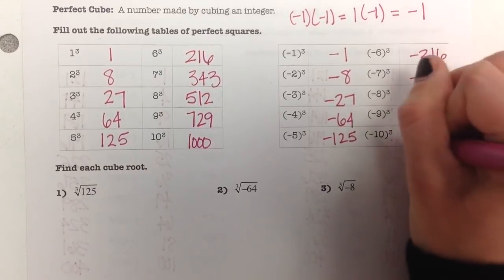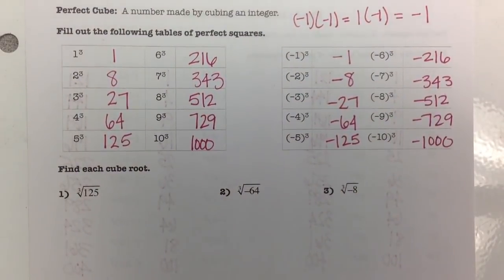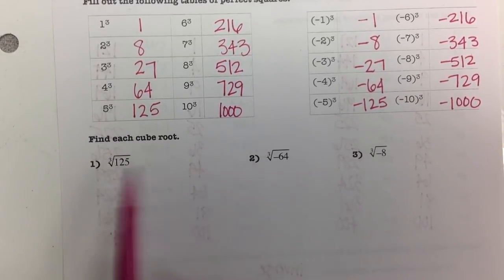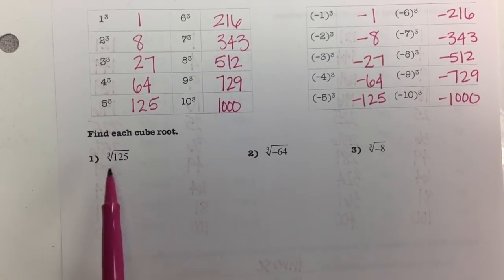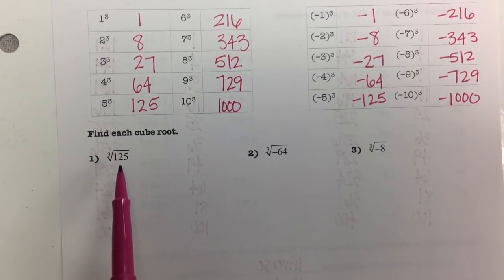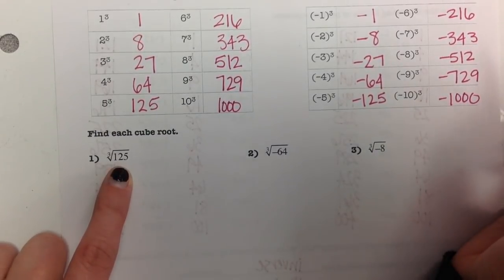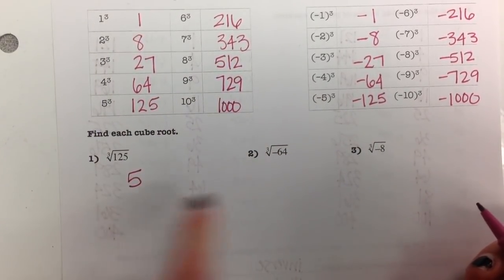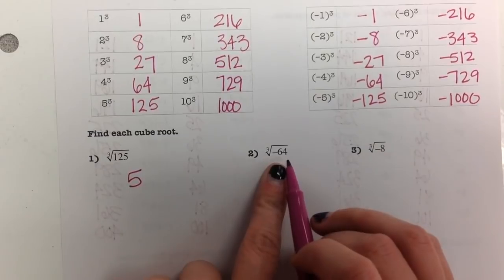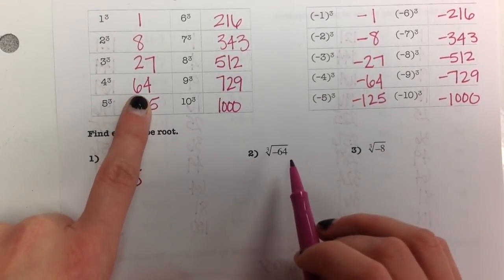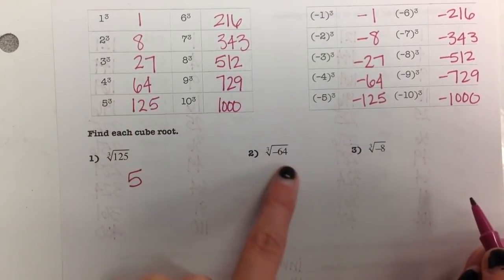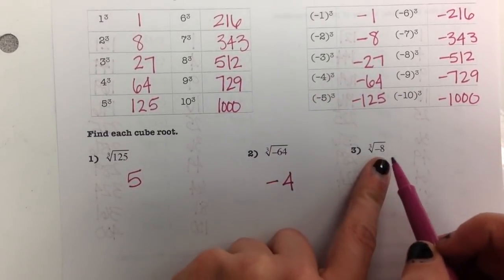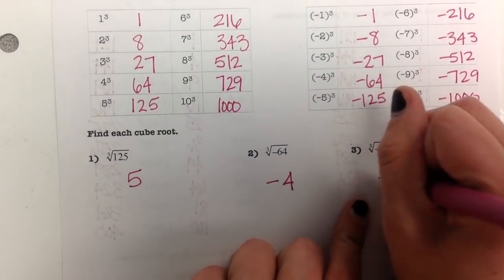So your positive or negative answer is going to depend on whatever number is inside the cube root sign. So the cube root of 125 is 5. Since it's a positive answer, it's going to be a positive cube root. The cube root of negative 64, well, we know the cube root of 64 is 4, so negative 64 is going to be negative 4. And the cube root of negative 8 is going to be negative